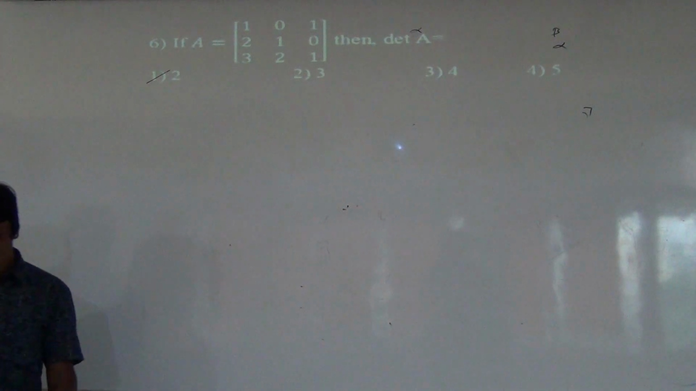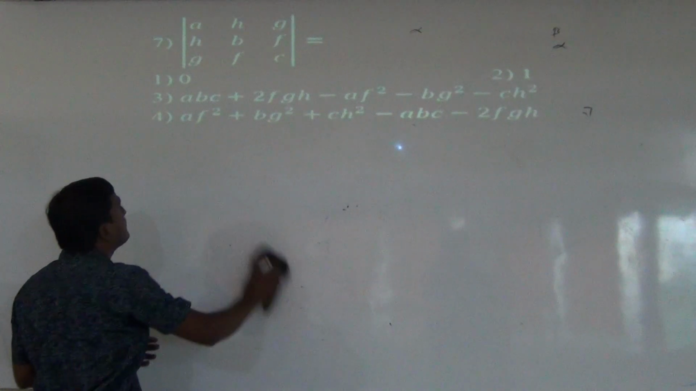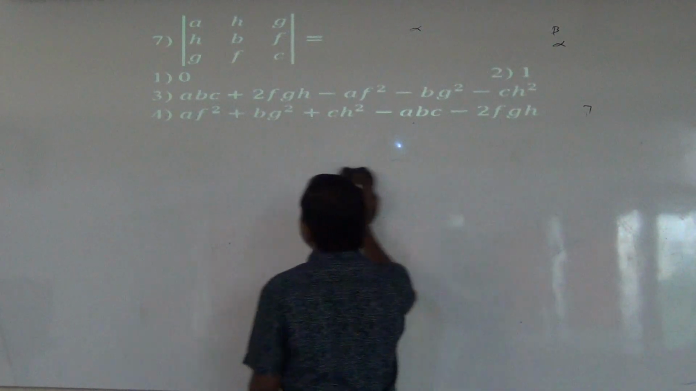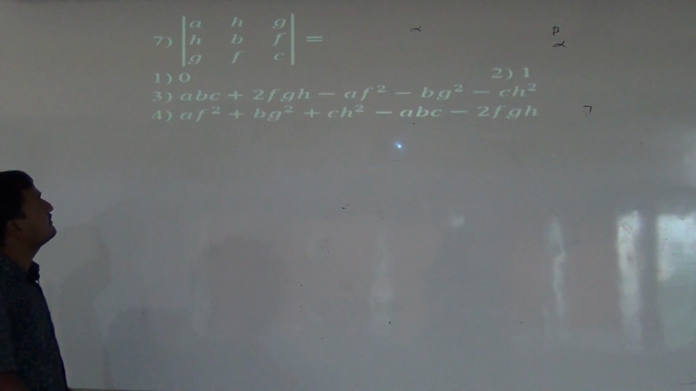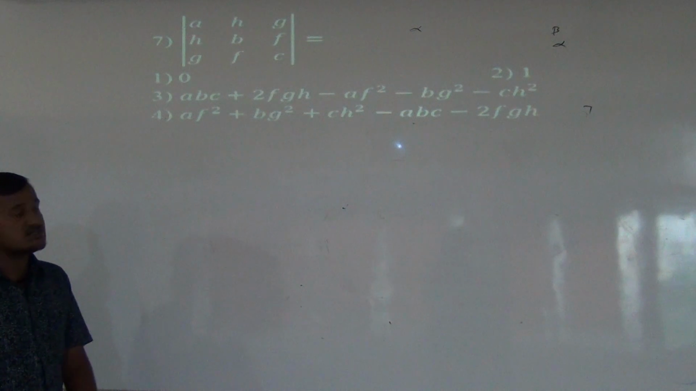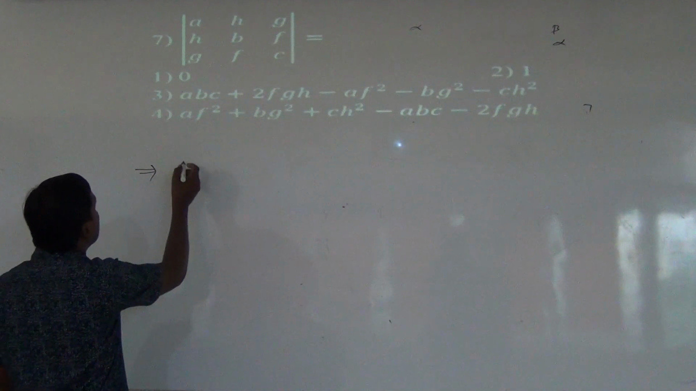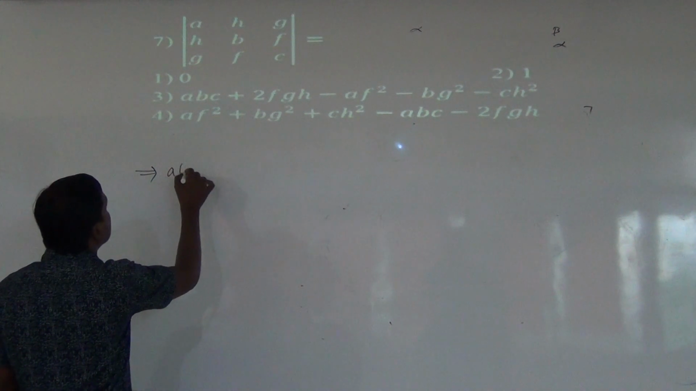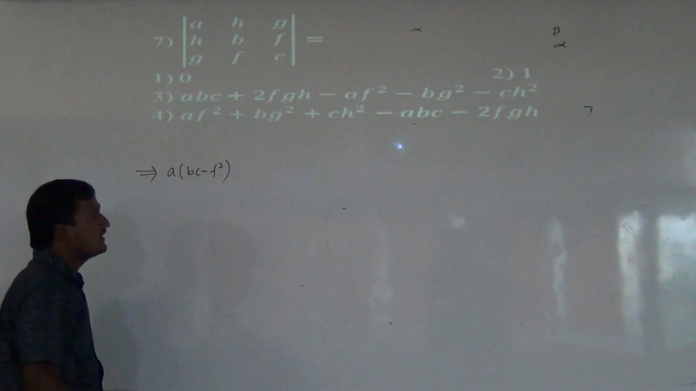Okay, the next question is this one. Here we should find the value of this determinant. It is a determinant of order 3 cross 3, so we have to expand this determinant. Expanding along the first row, you get A into (BC minus F square),